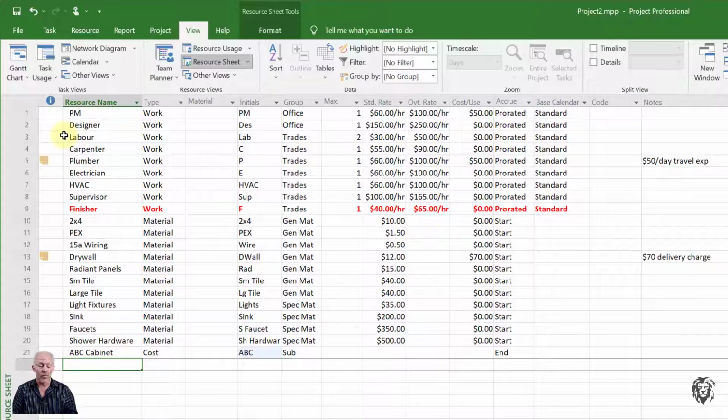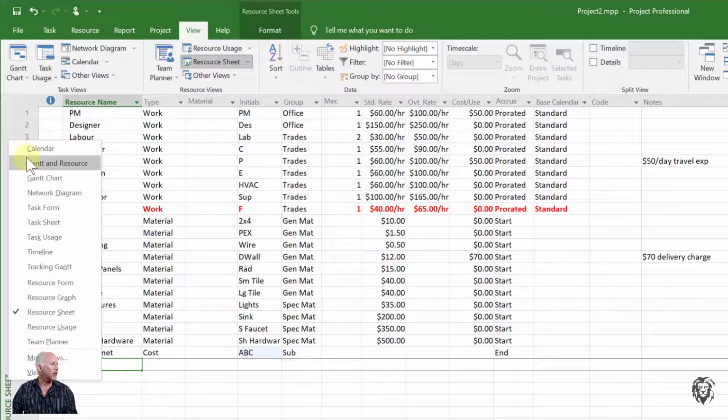So now we're in a situation where we want to be able to add our resources to our tasks. And that's going to allow us to figure out the hourly wage, how much those are worth, whether we have enough resources to carry out the tasks we have scheduled. All of those sorts of things are going to become available to us once we know which resources are required for which task. If I go back to our Gantt chart,